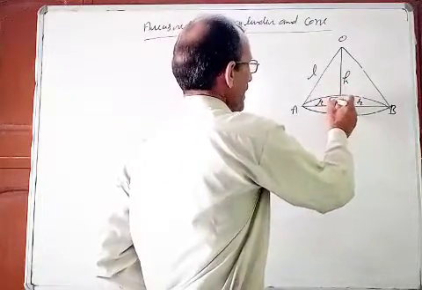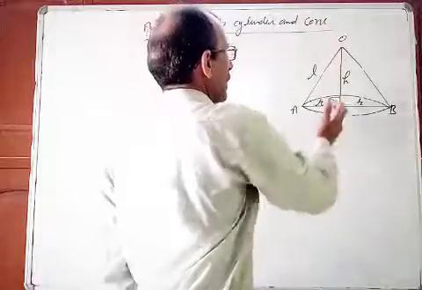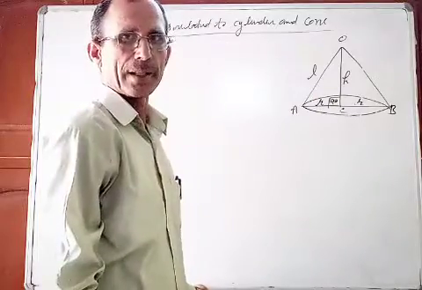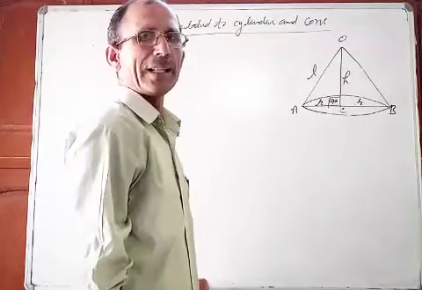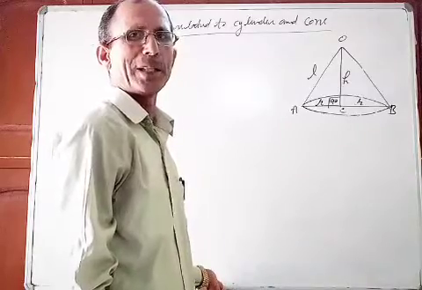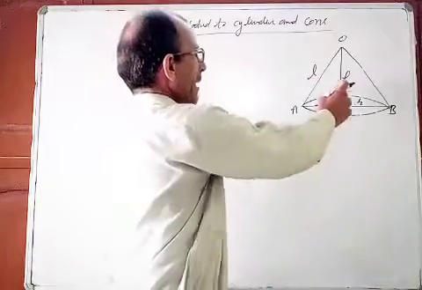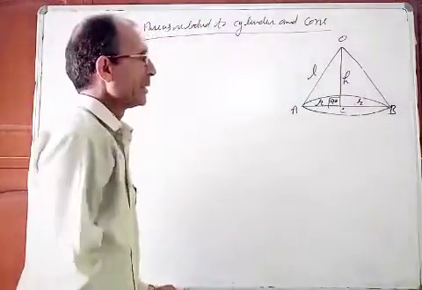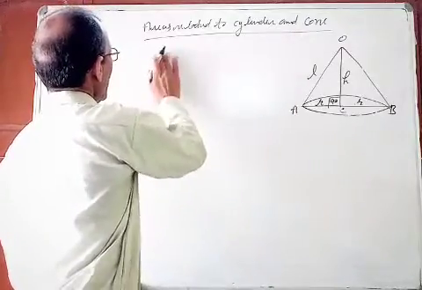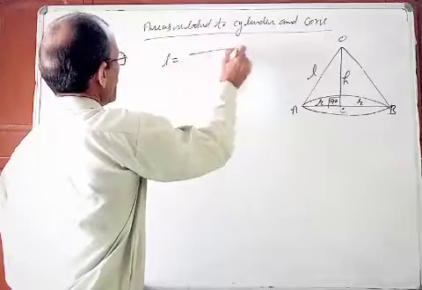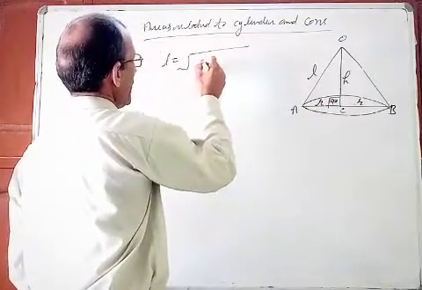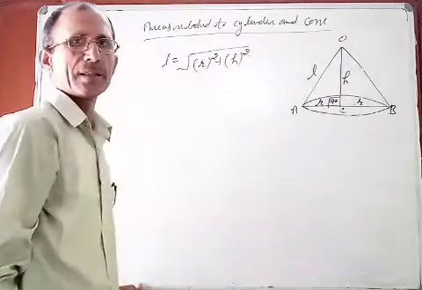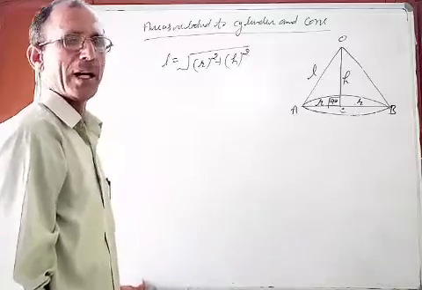So I told you L stands for slant height. If I join the top vertex to this one, I will get one right angle triangle. And in a right angle triangle, you are already familiar with Pythagoras theorem. If base is there, height is there, then how to find the hypotenuse? It means longest side. So in this one, L stands for hypotenuse. So L will be equal to base square, it means R square, plus perpendicular, it means S square. So L is equal to root S square plus R square.